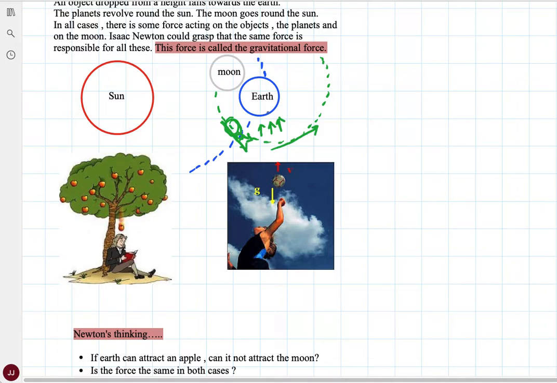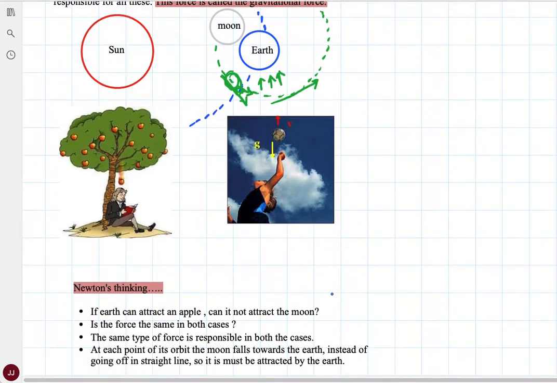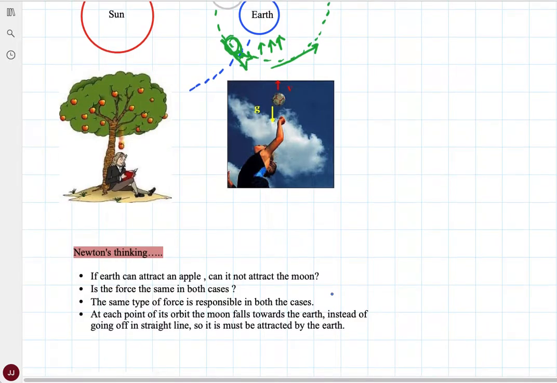If we take the other example, a falling apple, right? The apple is also attracting the earth. So the apple falls towards the earth, but we already saw that Newton was thinking, well, is the other way around also true, whether the apple is also attracting the earth? Okay, so what can we conclude? What we can conclude is yes, it is also attracted. It also attracts the earth, but